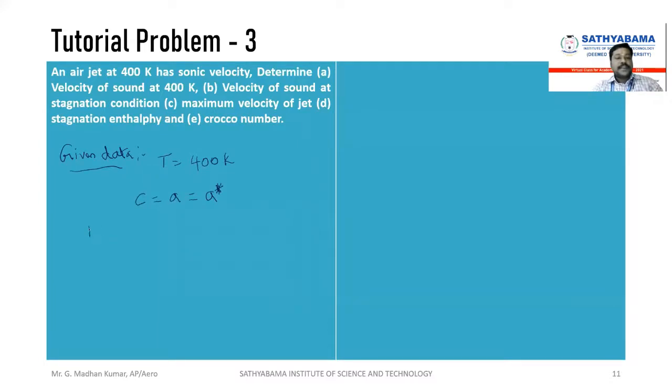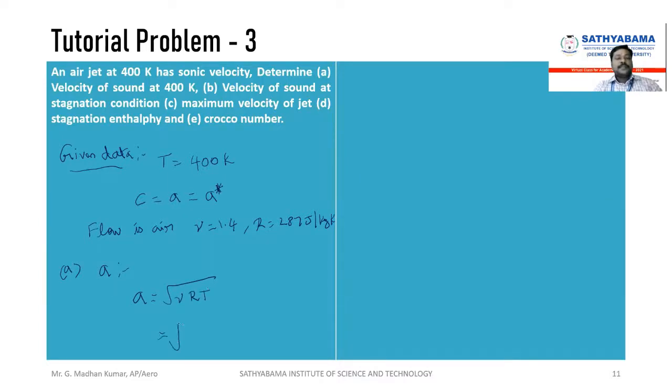Since the flow is here, they have not given any of the property, and then you are using this properties. So gamma is equal to 1.4, R is equal to 287 joule per kilogram Kelvin, right? So for gamma and R, you are taking this value, and then you are going to find step-by-step evaluation. So what is A? So A is nothing but velocity of sound. A you have to find. So A is equal to root of gamma RT,